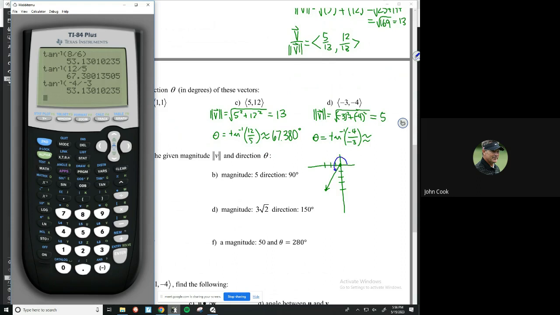This is not 53 degrees. 53 degrees would be the opposite of it, right here. This would be 53 degrees, 53.130. So what we need to do is add on another 180 degrees to get to the actual angle measurement. So the actual angle measurement is going to be 180 plus 53.130, which would be, let's see here,